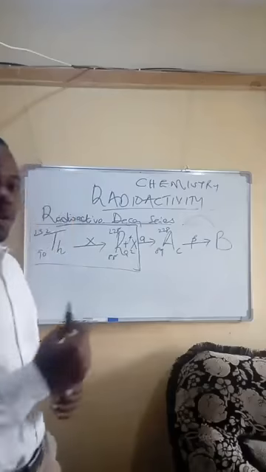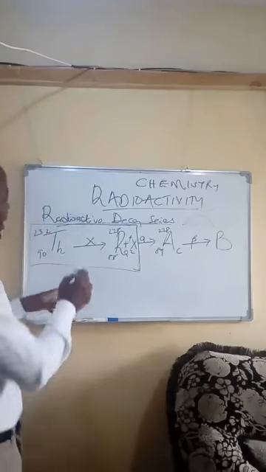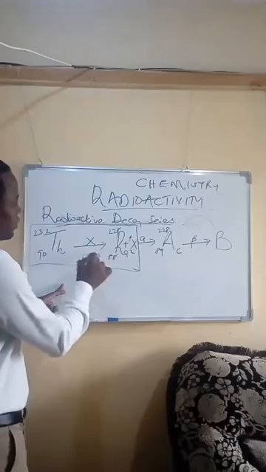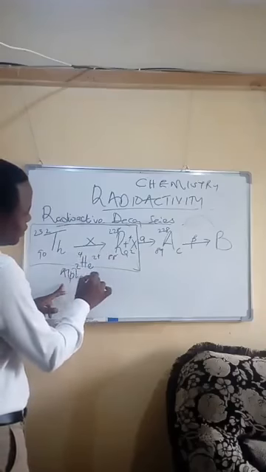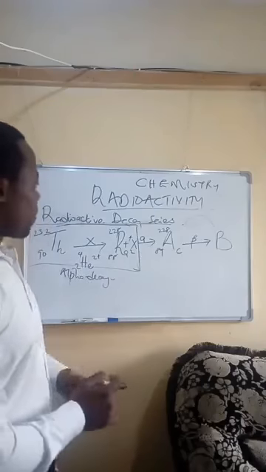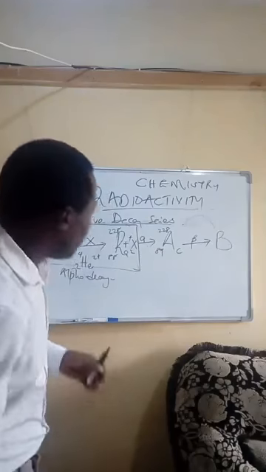So the kind of radioactive decay happening in the first step is alpha decay, and the particle here is that one. So this is alpha. This is alpha decay. In the second step, we have